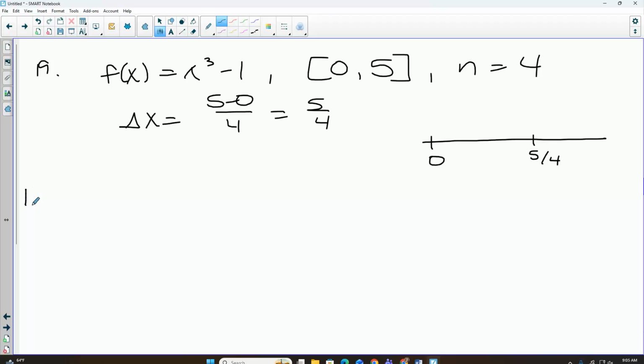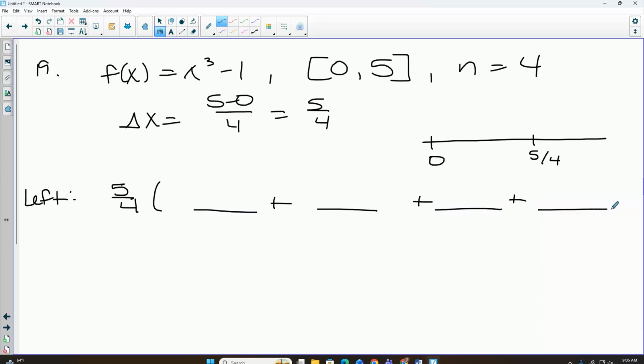So for the left, the width of all these rectangles is 5/4. I'm adding up my 4 things. The left-hand sum starts with the leftmost point. So the first x I plug in would be 0. The next one, I have to go up 5/4. Okay, if I go up 5/4, that's